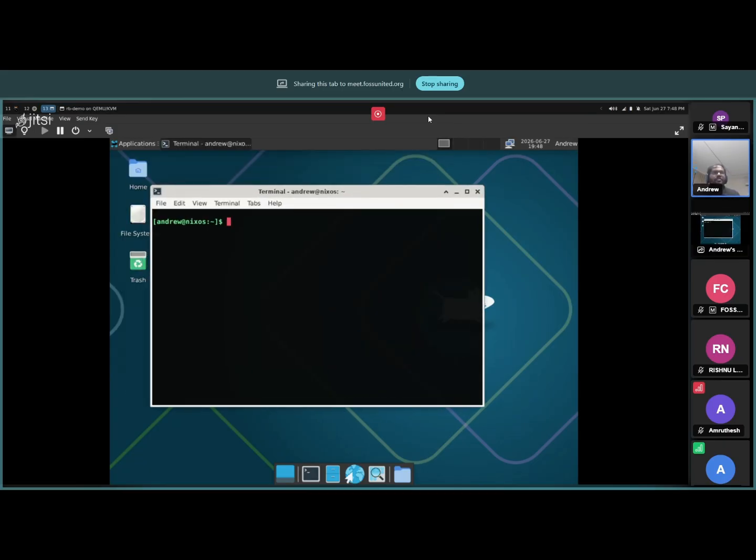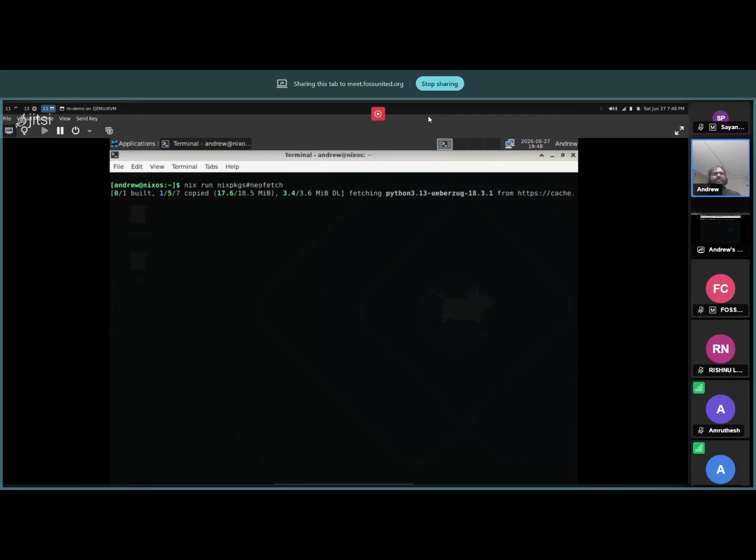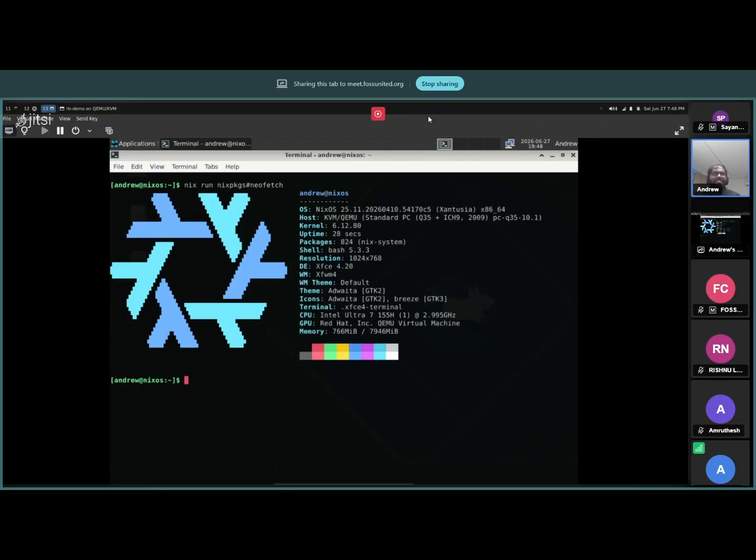I think I have Flex enabled, so I can even do what cool people do, which is run fastfetch or neofetch. You can do neofetch. See, it'll probably pull everything that neofetch wants. Again, neofetch is not installed into the system now. Neofetch is not even there. If I do neofetch, it's not there. Cool. So you can see it's a very basic system. It uses XFCE and that sort of stuff.